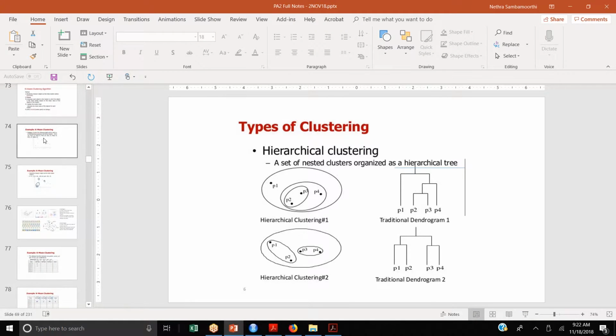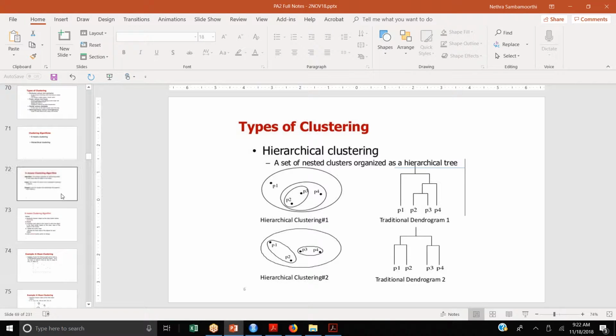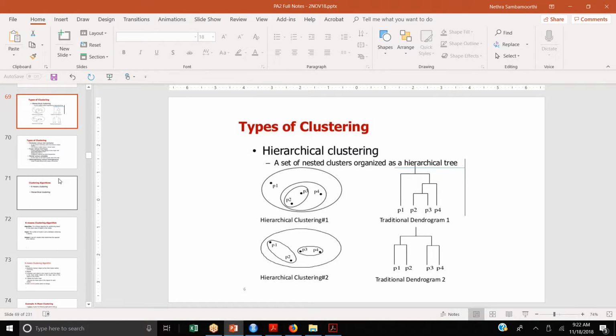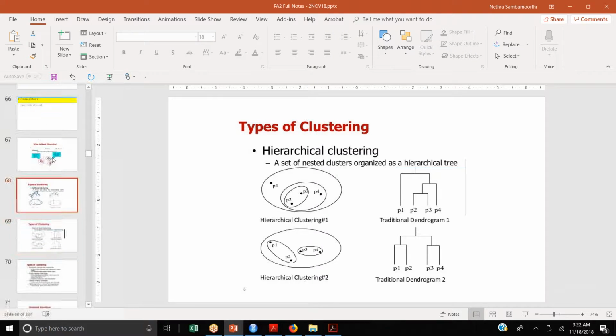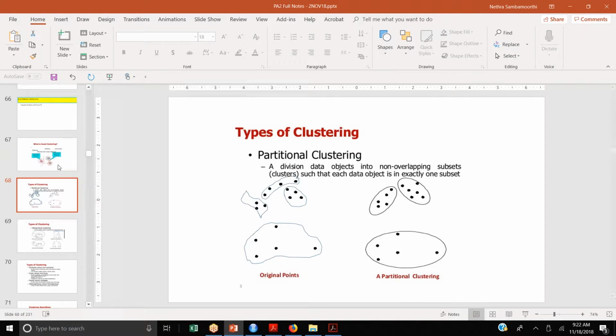So what I want to do is finish. There are two clustering methods I talked about, right? Hierarchical clustering, and then the other one is what is called the